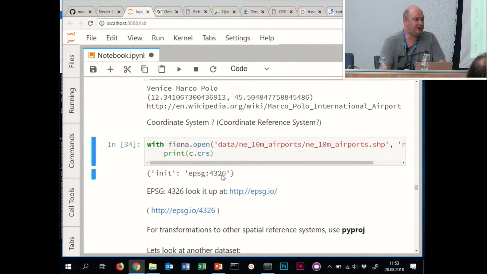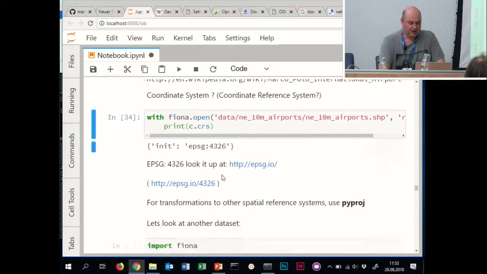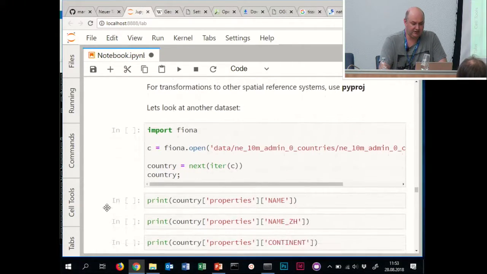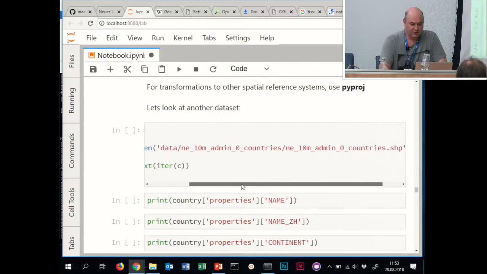326, it's WGS 84, it's geographic coordinates. So that's perfect. So we will come back to that again, but let's look at another data set with other